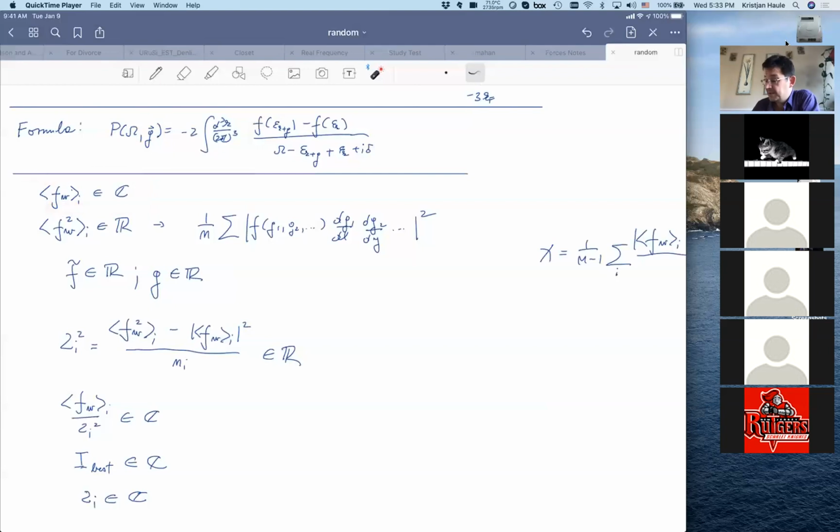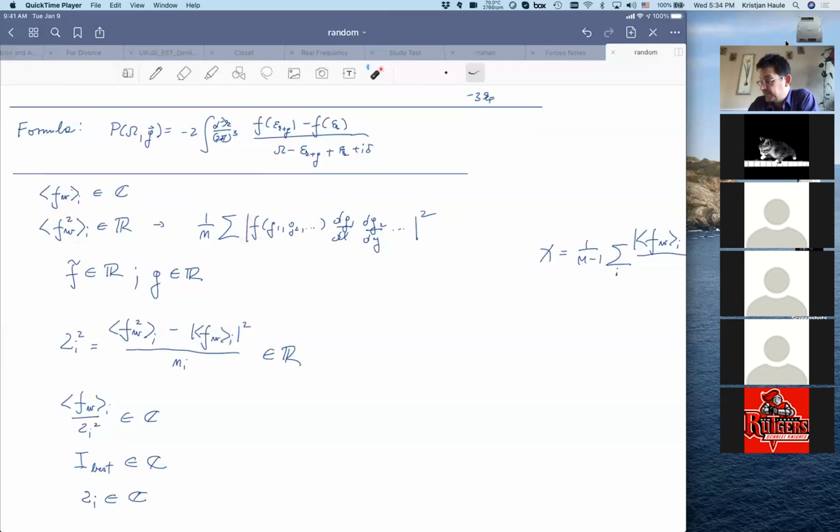On the other hand, the square of the function, which measures the statistical error, is more convenient to be real, because we want to estimate the statistical error as a real quantity rather than a complex one. Therefore, instead of taking the square, we're going to take the absolute value squared of this function